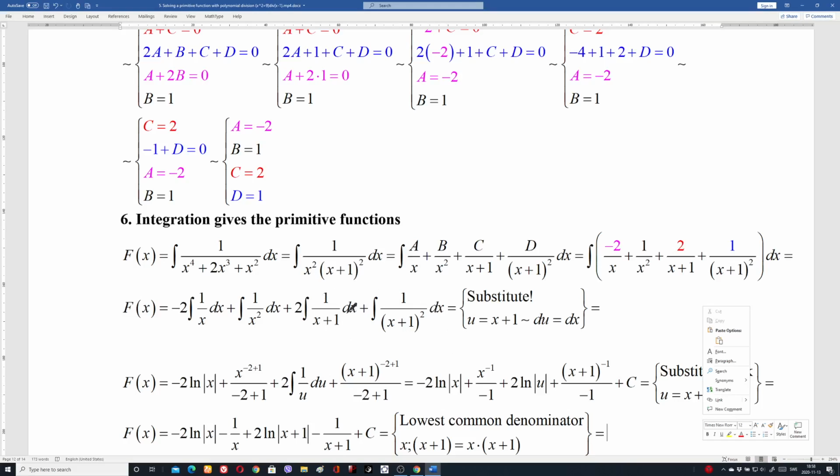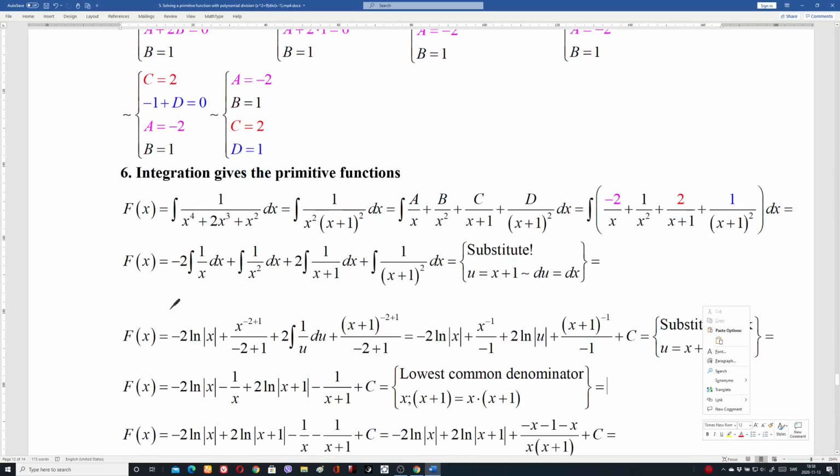So now I must substitute this one here, which is the u is equal x plus 1. When I find the derivative of this, the du is the dx. Because the derivative of x is 1, the derivative of 1 is 0. So the du is the dx. Okay? So now the first integral here is the minus. The integral of 1 divided by x is the ln absolute value of x. Plus this one here comes up, which means minus